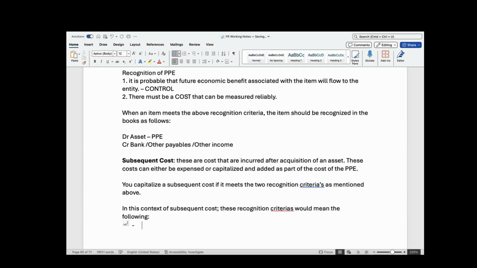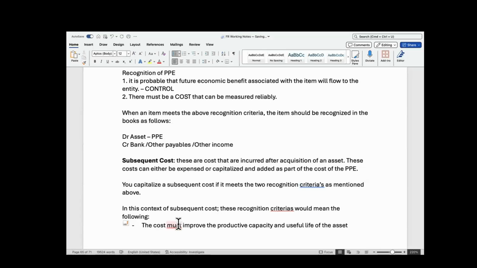Number one, it will mean that the cost must improve the productive capacity and useful life of the asset. So when we say this cost must be able to generate future economic benefit, it means that